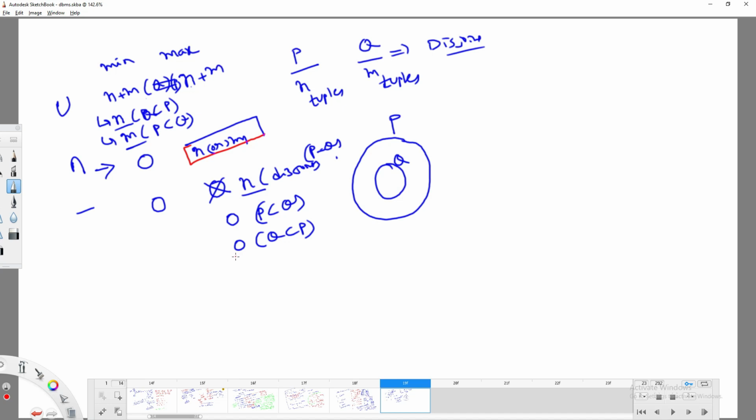It should be minimum of N or M. When you perform intersection, if P is a subset of Q or Q is a subset of P, definitely you are going to get the minimum of both. So it will be minimum of N or M.